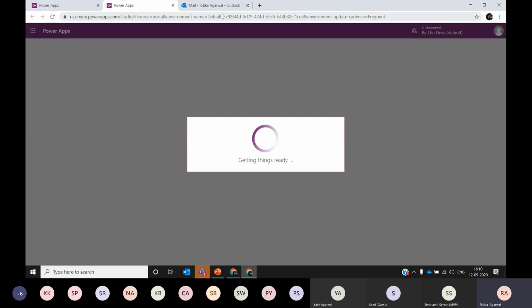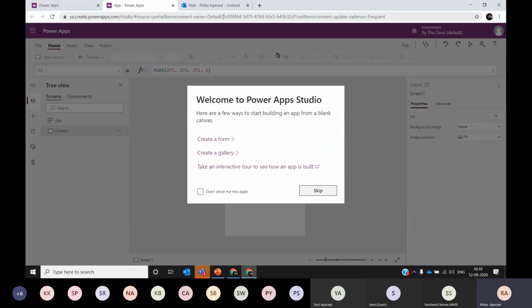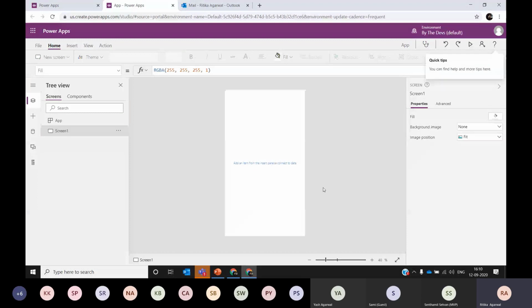For this scenario, I am going to use the Office 365 users connector to get the user details. But in case you don't want to refer to your Office 365 directory, like in the case of a kiosk system, the data can be stored anywhere. It could be in your SharePoint list, or it could be an Excel sheet or anything like that. If you have that data in the format of a table, you can easily show it on the app.